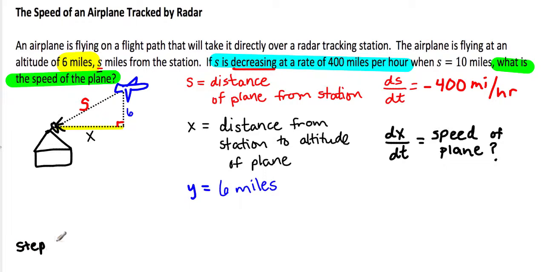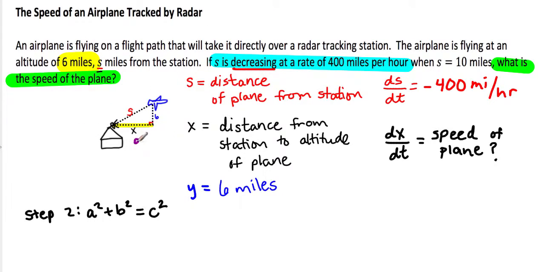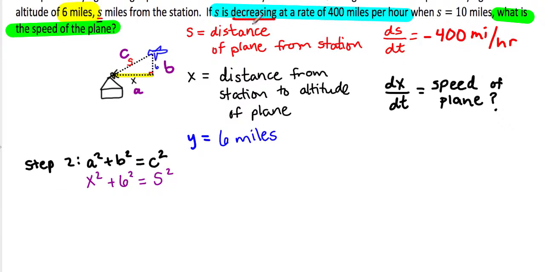So now we need to move on to step 2, and we need to come up with an equation that relates all of these variables. Well, looking at the picture, I have a right triangle. So what better equation to use than the Pythagorean theorem with the 3 sides of the right triangle? So that would be a squared plus b squared equals c squared. And so we're going to utilize what we have labeled in our picture with a, b, and c. So my a is x, my b is 6, and my hypotenuse c is s. So x squared plus 6 squared equals s squared is the equation that you're going to use in step 3